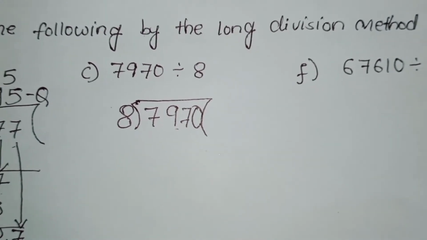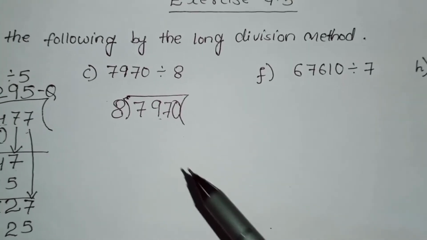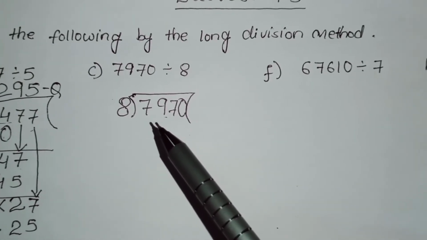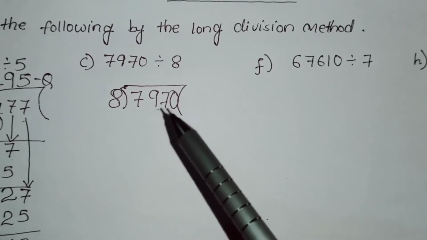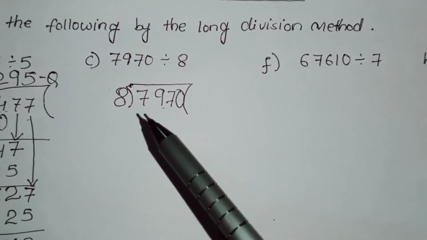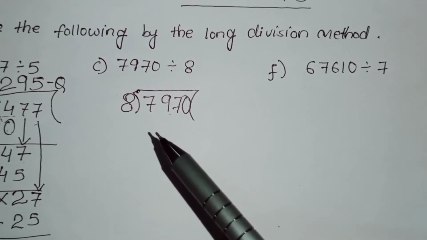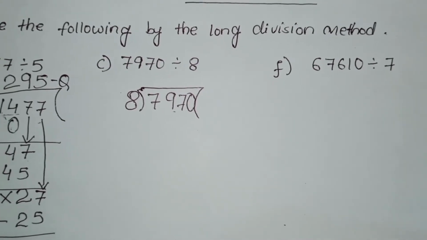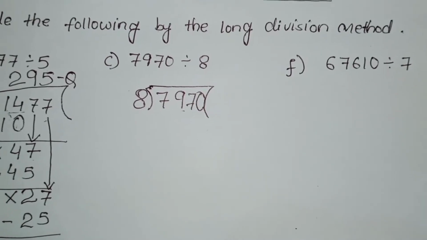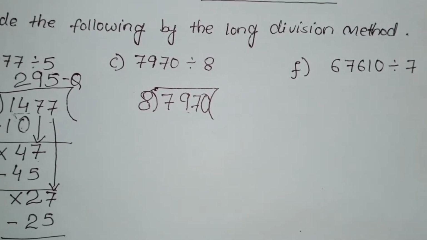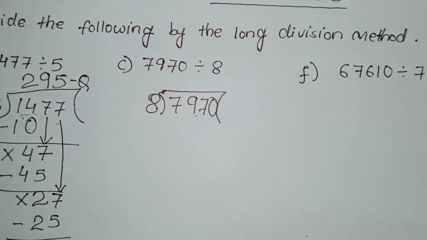So in 8 table, 79 is there? No or yes? Let's read the 8 table. Then we will come to know whether 79 is there or not. We have to take the number which is less than this. So let's read 8 table. 8 1 ja 8, 8 2 ja 16, 8 3 ja 24, 8 4 ja 32, 8 5 ja 40, 8 6 ja 48, 8 7 ja 56, 8 8 ja 64, 8 9 ja 72, 8 10 ja 80.